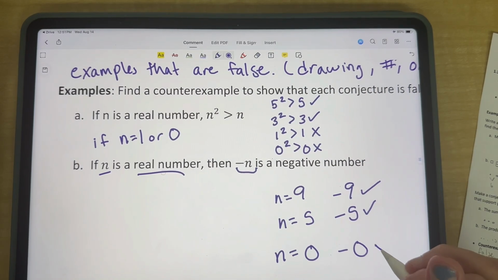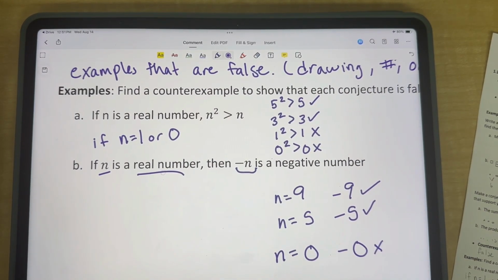No. Every year I talk about this, that if you go on Apple Weather on your iPhone, it is so annoying because a lot of times on the days where it's 0, it will say negative 0, and that drives me nuts because negative 0 is not a real thing. You don't write negative 0, you just write 0 on a number line. I've never seen negative 0 on a number line.